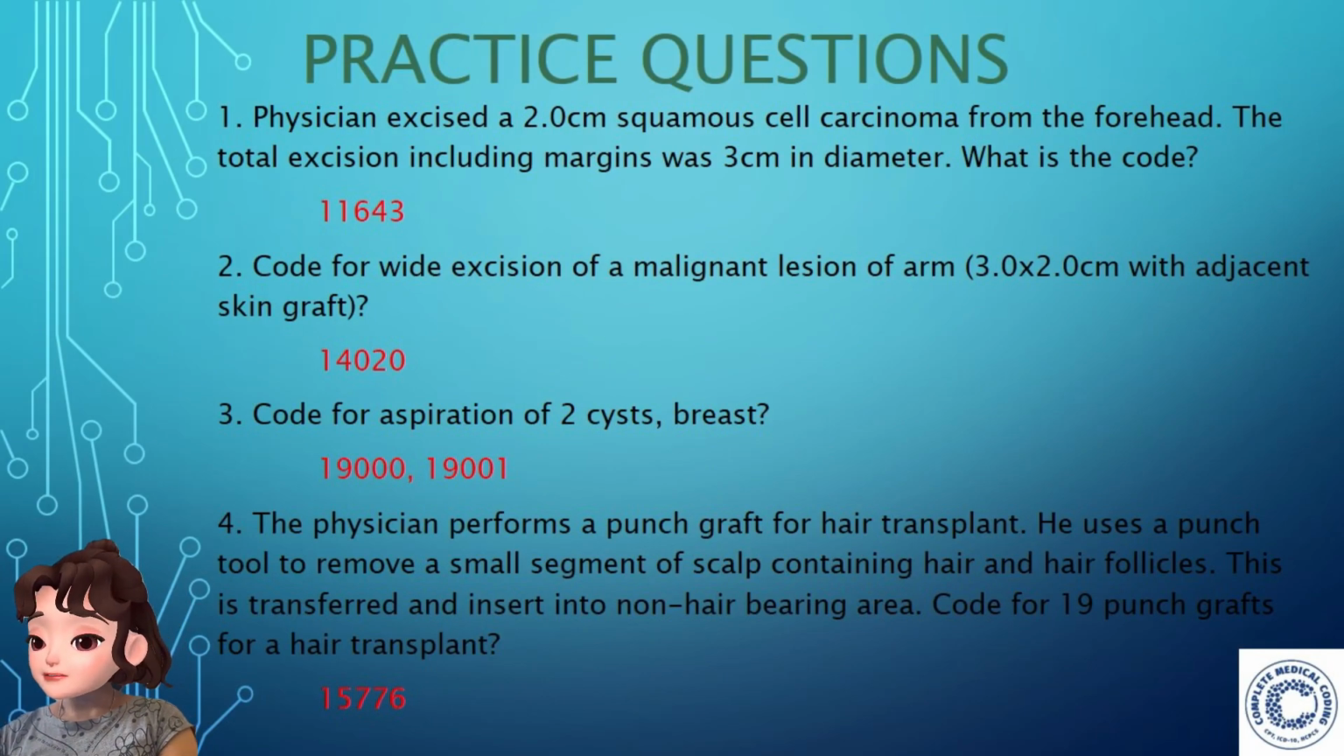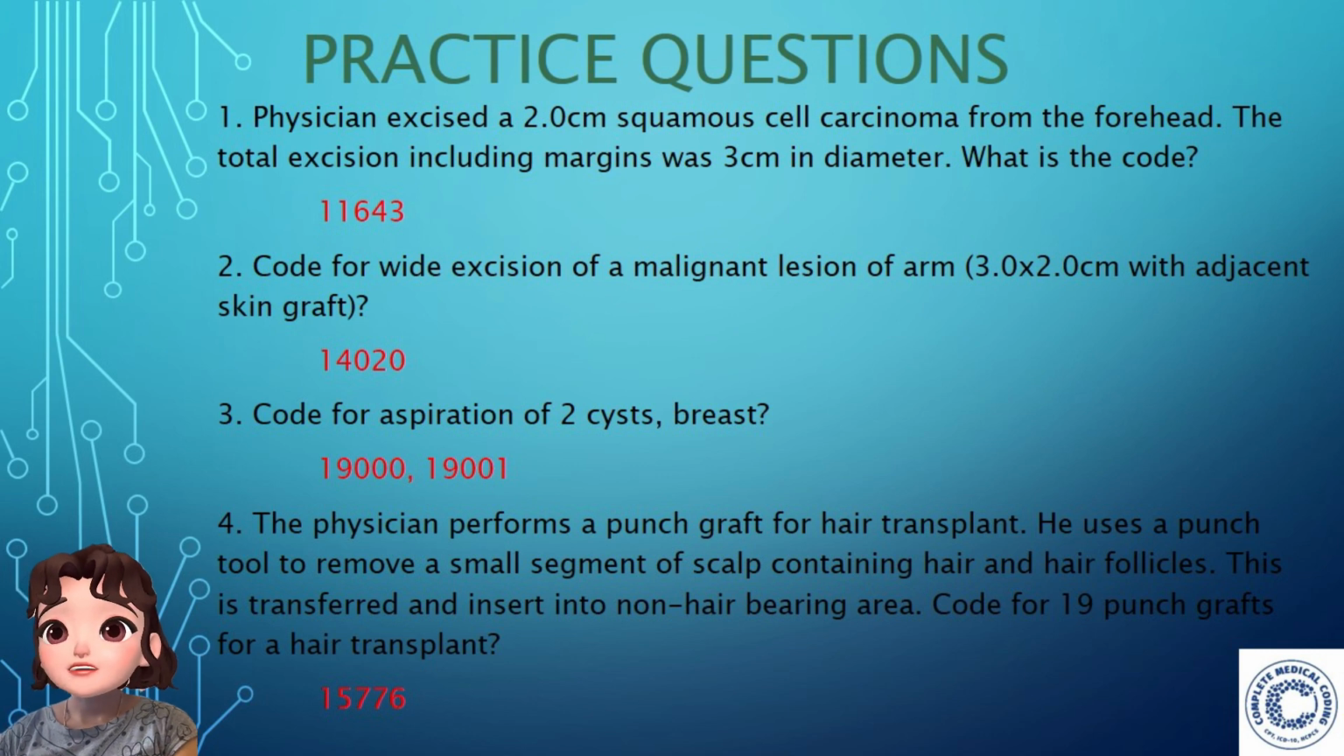The first question: the physician excised a 2 cm squamous cell carcinoma from the forehead. The total excision, including margins, was 3 cm in diameter. What is the code? Here they have already mentioned the total excision as 3 cm diameter. So it's simple. If you check the code